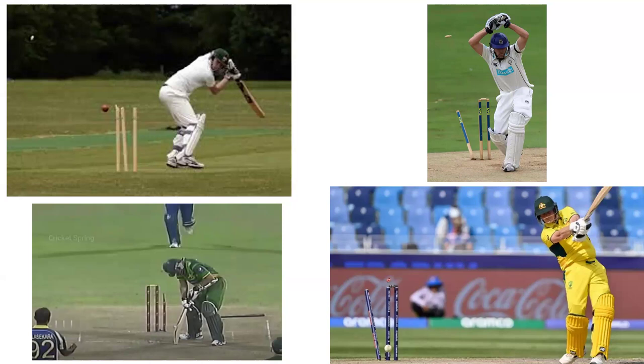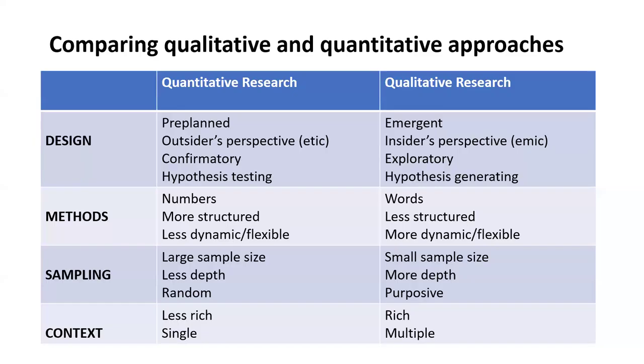How did this batsman get out? What are the reasons? What are the mechanisms? How is the person perceiving that phenomenon? What is happening in the crowd? So all those descriptions, right? So both are important, both are telling us very different kinds of information, and that is exactly what quantitative and qualitative research are. They complement each other. They give different kinds of information which can be used in different ways, and that is what we need to really understand. Again, this table is very commonly understood in the research community.